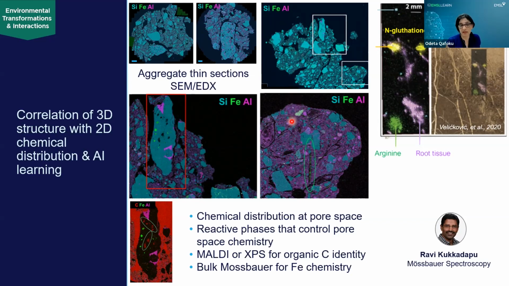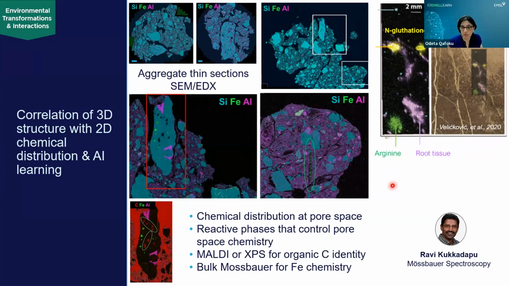And to get that, we can get even higher resolution to understand the chemistry around the pore space. Here it is driven by iron chemistry, or where the organic carbon is with respect to the minerals, as is shown here, entrapped within a mineral grain. All this characterization can also be coupled with other imaging capabilities, such as MALDI, shown on the right, which can tell us the nature of the organic carbon and how that spatial distribution is with respect to the location of the roots, etc.